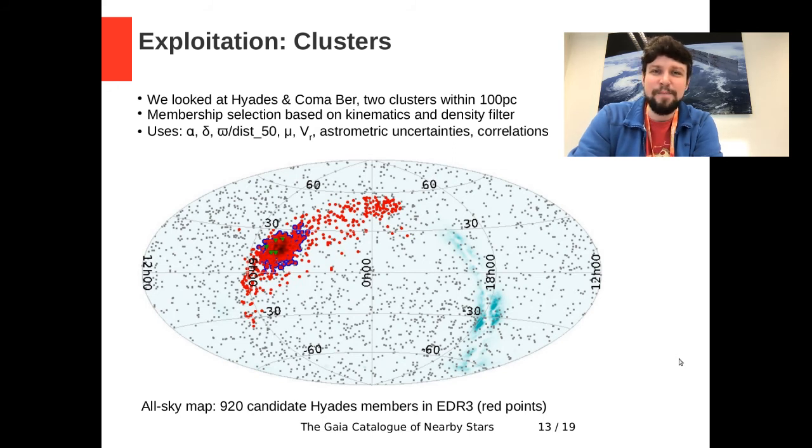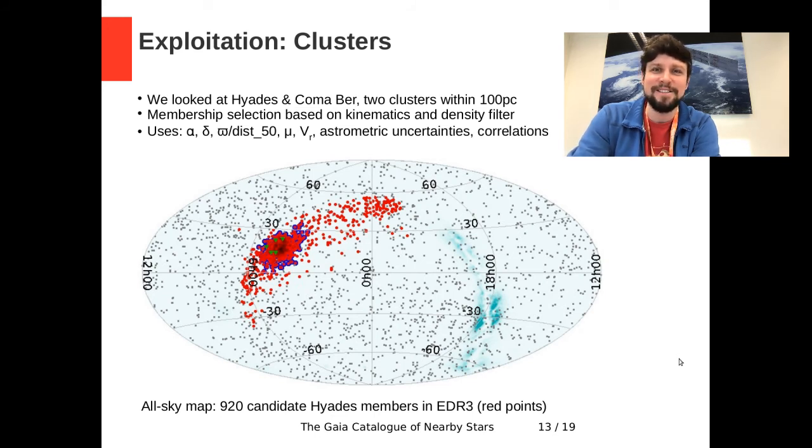The figure includes a comparison with cluster members identified in the DR2 release papers. There, the analysis was limited to the cluster core. Blue dots are members we reconfirm, and green triangles are former members deprecated by our analysis. As a consistency check, we repeated the same analysis using the full unfiltered EDR3 dataset. We did not find evidence that the GCNS sample definition removed bona fide Hyades members, at least not in the core of the cluster.